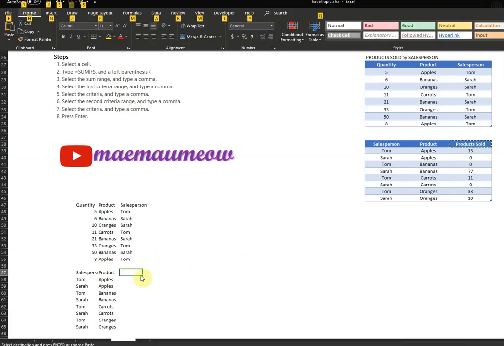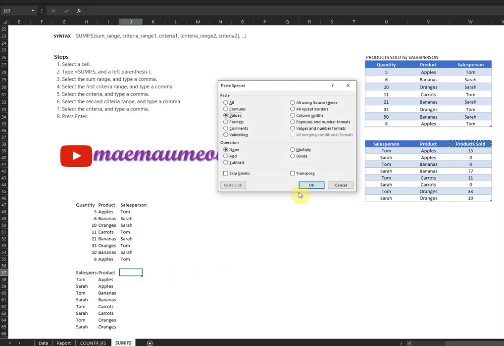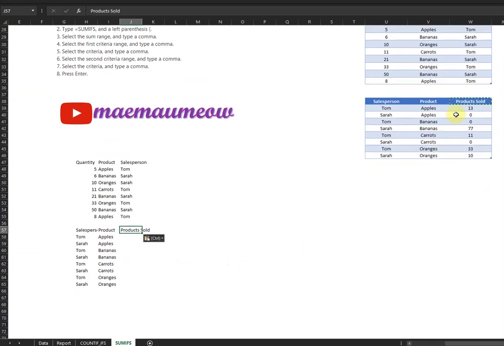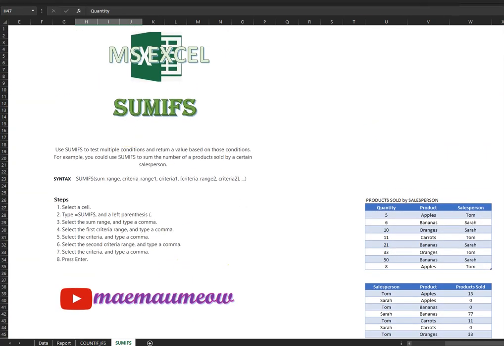We'll be using the same formula, but this time we're not going to use the table. So if we are to just get the information from our cells, let me show you.